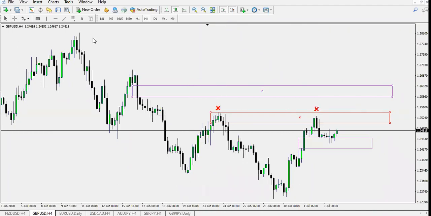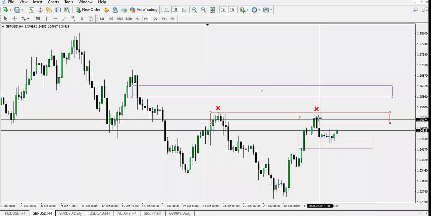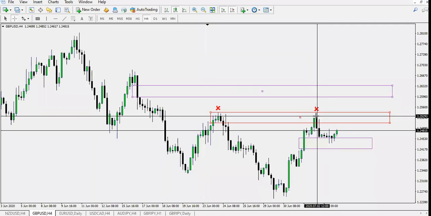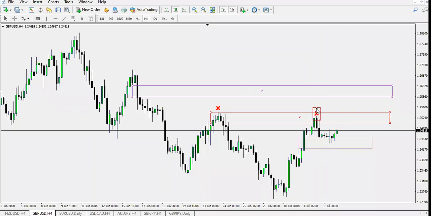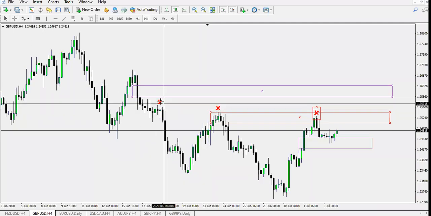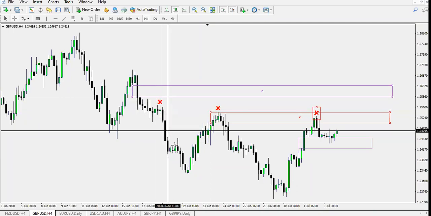Now this becomes a point of liquidity because price has not gone above here yet. So the same can be said over here. That is a point of liquidity, and a point of liquidity likes to be raided. Again, over here, there's another point of liquidity sitting over here because there was a large